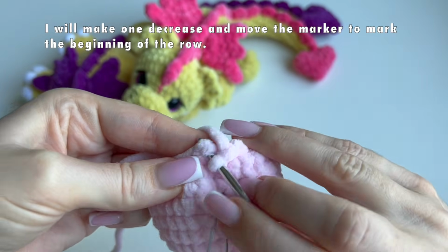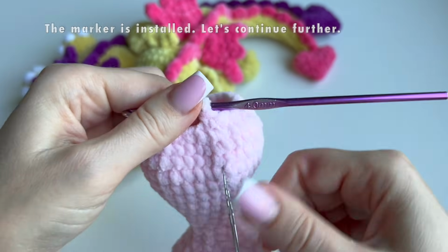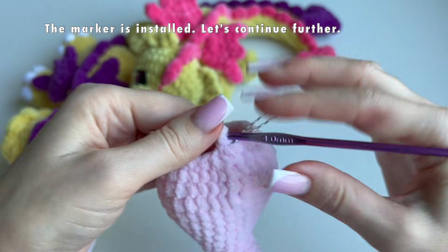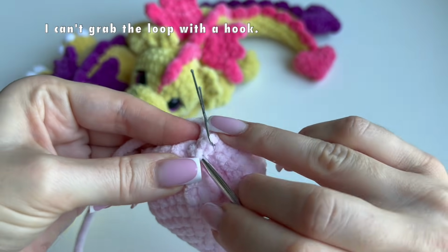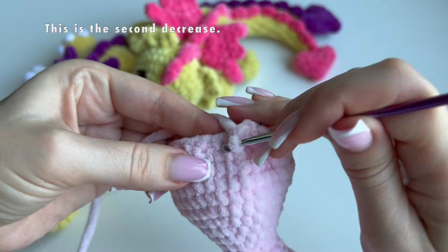I will make 1 decrease and move the marker to mark the beginning of the row. The marker is installed. Let's continue further. I can't grab the loop with the hook. This is the second decrease,